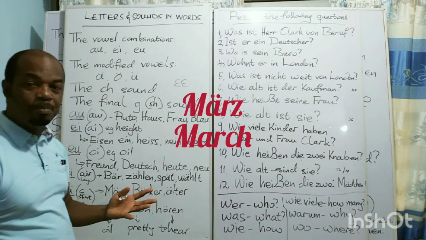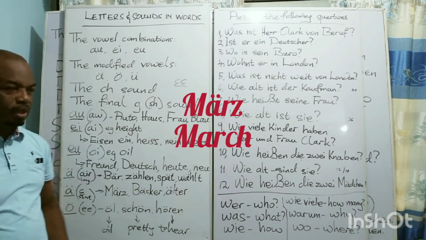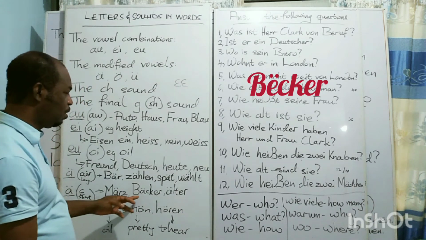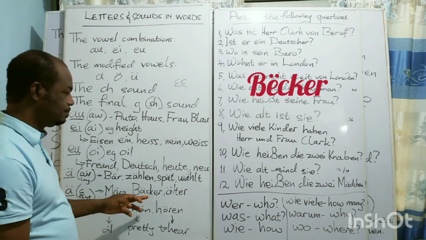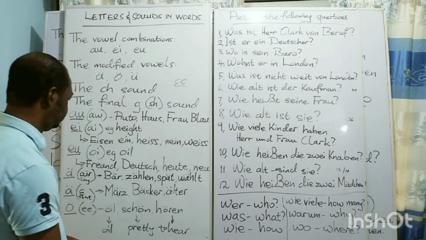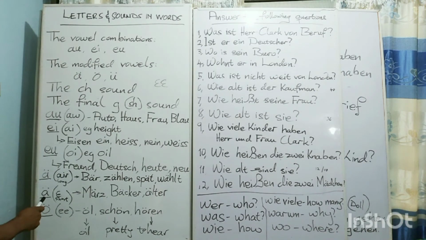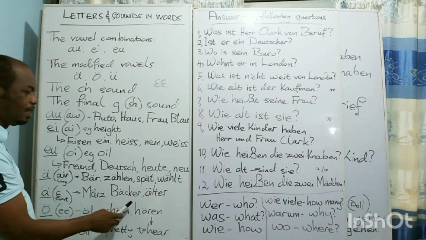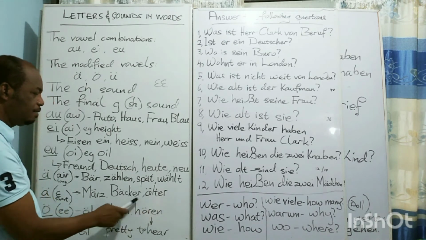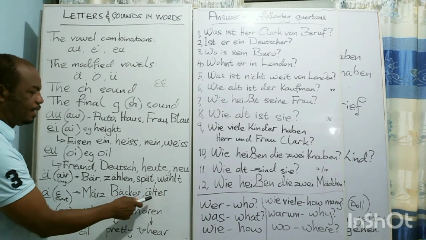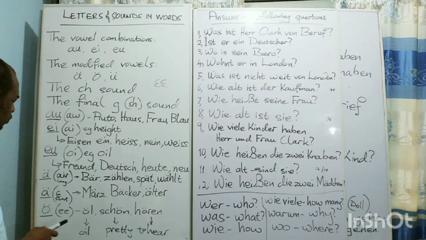A baker who bakes bread is called Bäcker. And then an older person is called älter. The short A is found in the words Märchen, Bäcker, älter. So the A here is pronounced in a short form: Bäcker, älter, Märchen. Then we have the